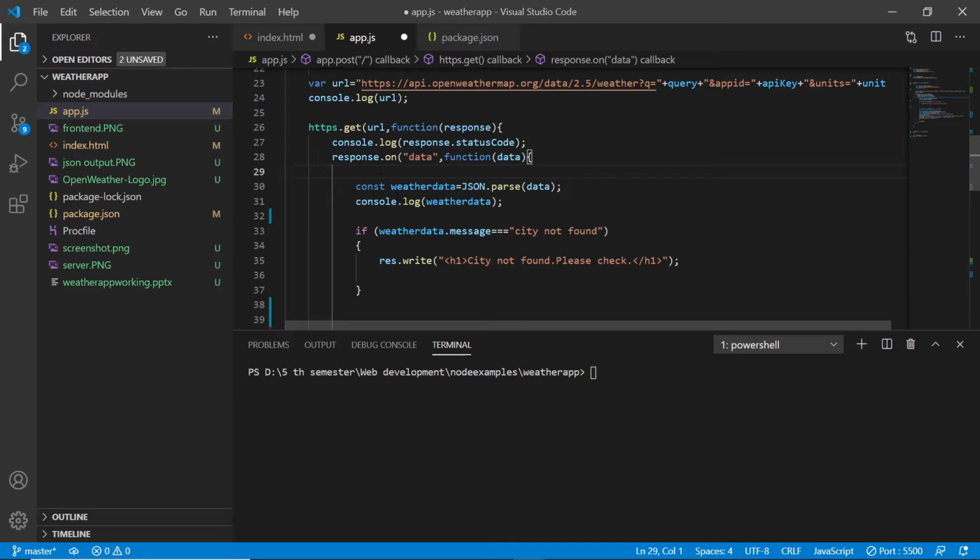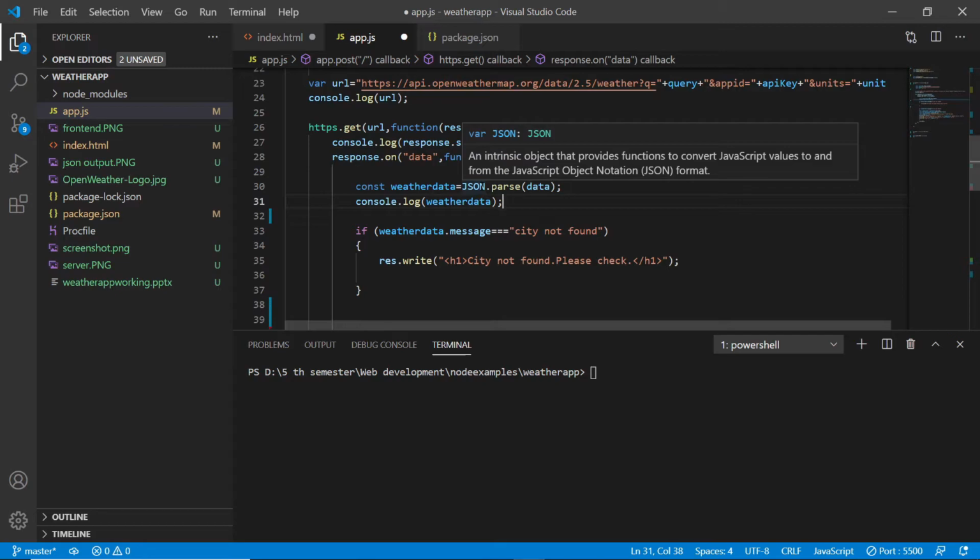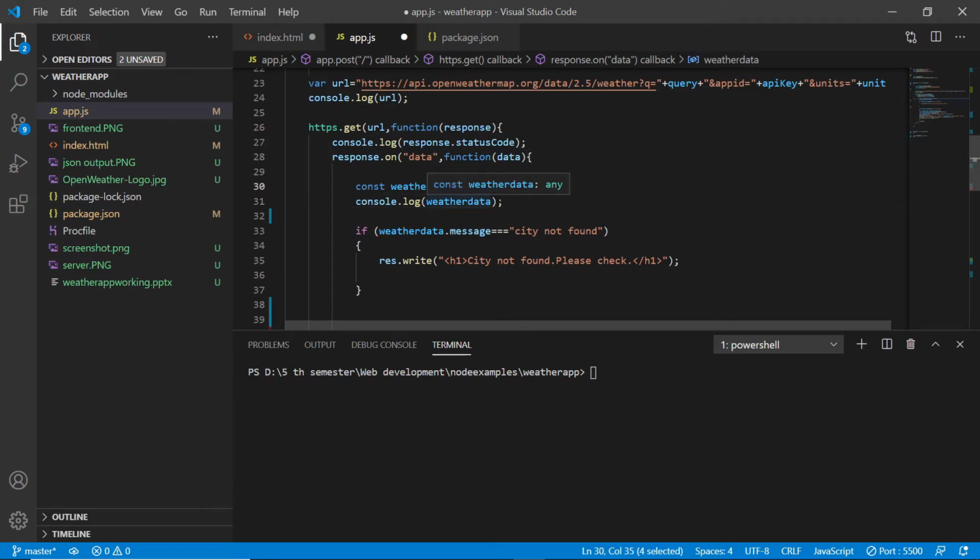And okay, using JSON, we can parse the data. Now JSON is like, you are having big data, and if you want to transport it through the internet, we can convert that big data into a string. So JSON is like a string, and strings can be easily transported, and after transporting, we can just parse this data in order to get back the original data. So we have created this weatherData object using JSON.parse(data). This data is something which we are getting from our API.